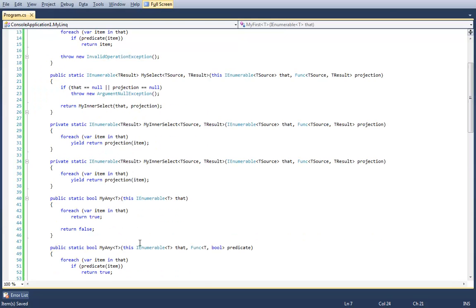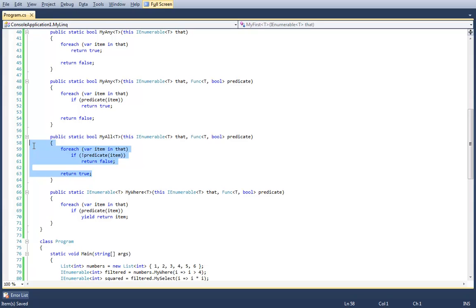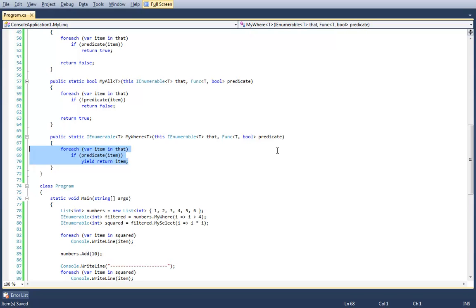Because what's happening is that the iterator blocks get turned into a state machine. What the iterator block allows you to do is, whenever an iterator block hits the yield return, that keyword isn't an arbitrary keyword name. That's the English definition of what it's doing. It's yielding an item back to the foreach loop and discontinuing its own execution until the foreach loop asks it for another item. Then when the foreach loop comes back and asks the iterator block for another item, execution will continue immediately after the yield return, which of course will be the top of this foreach loop.